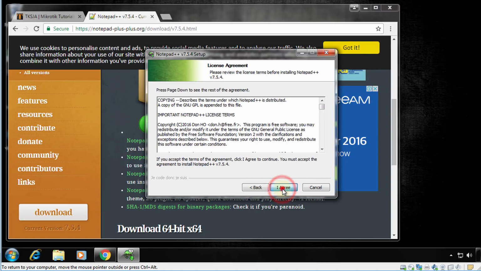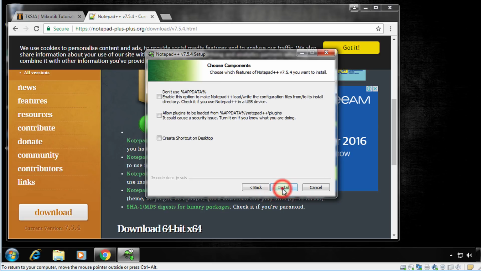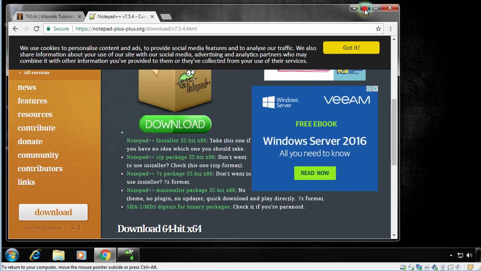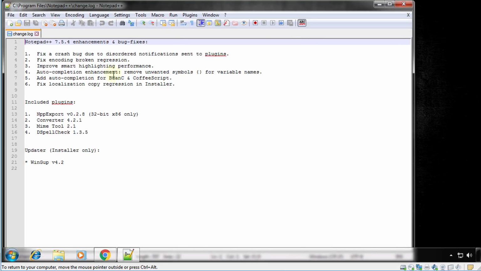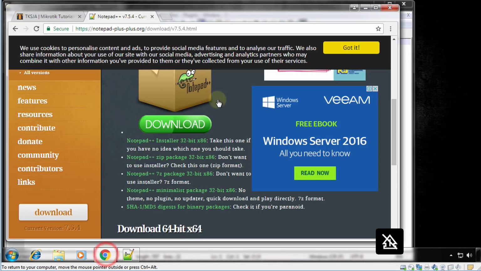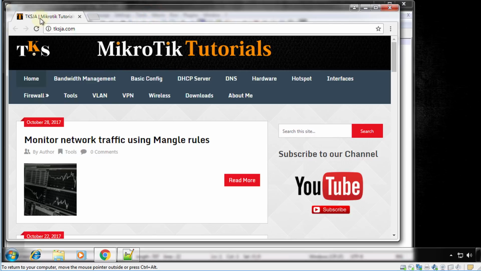Okay, next. And it's typically next from here. And we're going to run Notepad++. So this is how Notepad++ looks. So we're going to go back to the browser, and on my website